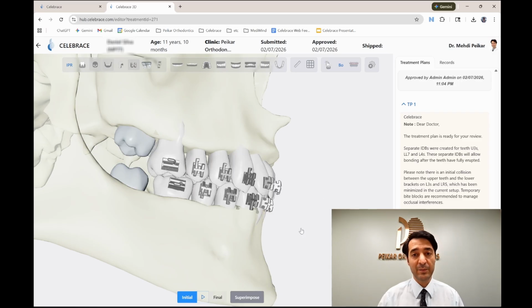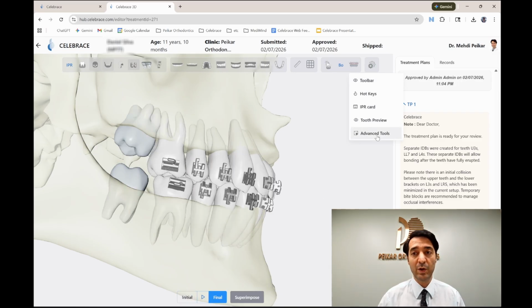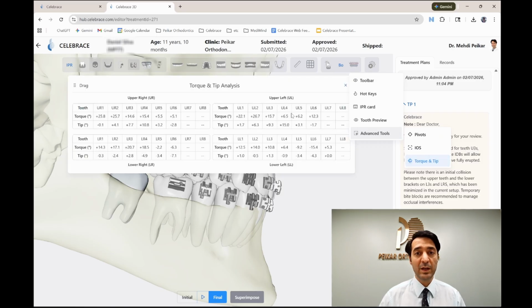And here, if I go and show you the table for tip and torque, you see that the tip and torque for this patient is custom for this patient. All the brackets are not MBT or Roth. They are exactly what we need. That is the exact prescription that we want for this patient, that nobody else in the world might have that needs this prescription. So I want to talk about this, and I think that's an important thing about customization